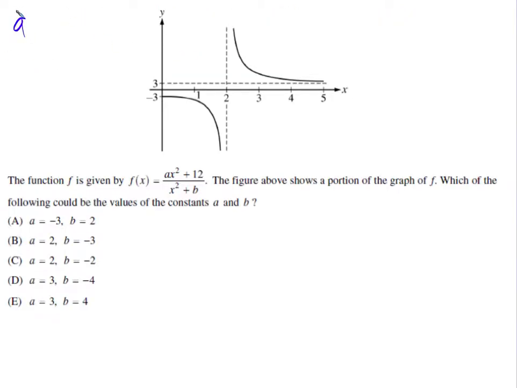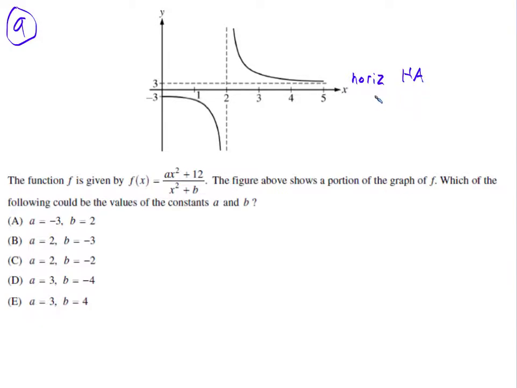Problem number 9. All right, so we have a function. Okay, so this is going to be a little bit tricky. We haven't seen something like this yet, but we have in our notes what a horizontal and vertical asymptote are generated by. So which of the following could be constants of a and b as long as it has a horizontal asymptote? I'm going to write here, this is horizontal, or we also know this as an HA in our